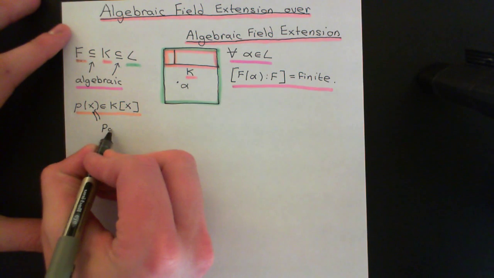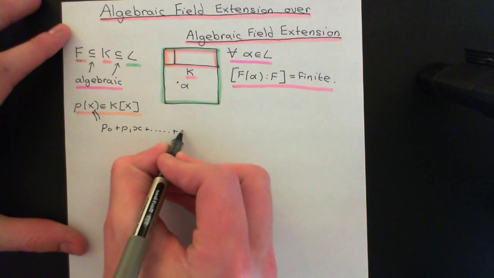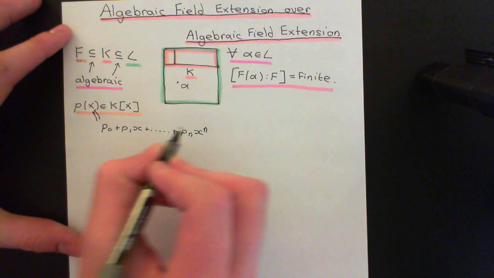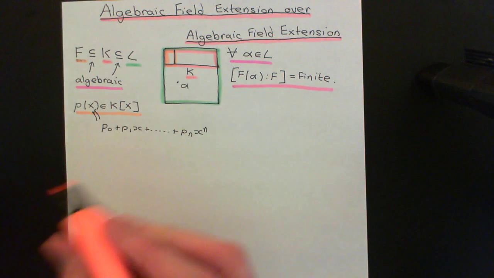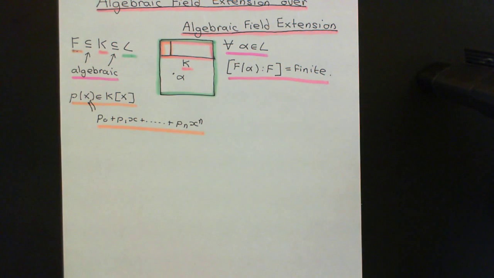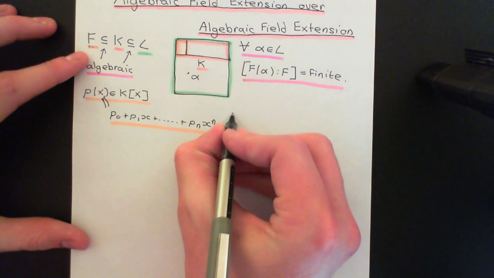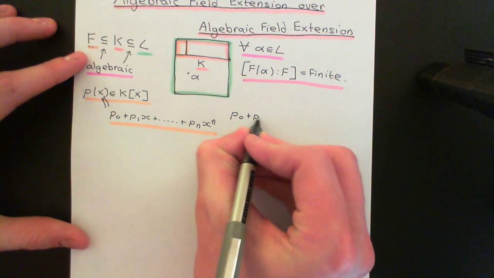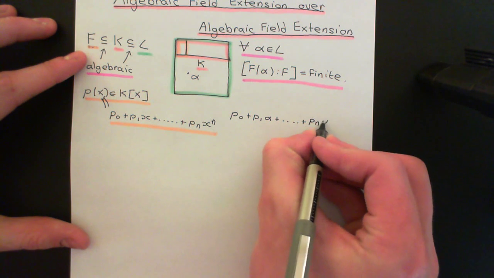And let's just arbitrarily say that it has coefficients p0 plus p1x plus all the way up to pn x to the n. And all I can say is that not all of these coefficients are 0, because this has to be some non-zero polynomial within the ring of polynomials over the field K. So not all of these are 0. It's not the zero polynomial, it is a non-trivial polynomial. So this polynomial has the property that when we evaluate it at alpha, we get 0. Let me just write that down. So we'll get p0 plus p1 alpha plus all the way up to pn alpha to the n